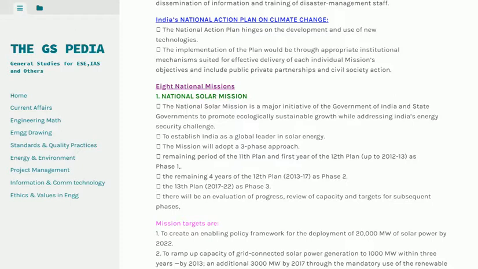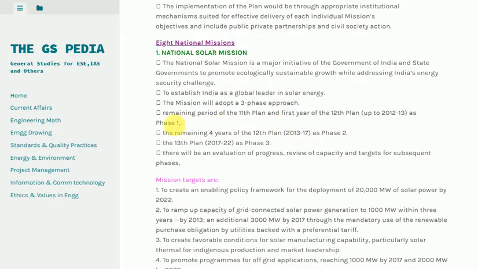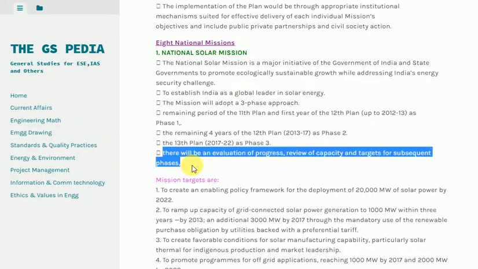Remaining period of the 11th Plan and first year of the 12th Plan up to 2012-13 as Phase 1. The remaining 4 years of the 12th Plan 2013-17 as Phase 2. The 13th Plan 2017-22 as Phase 3. There will be an evaluation of progress, review of capacity and targets for subsequent phases. Mission targets are: